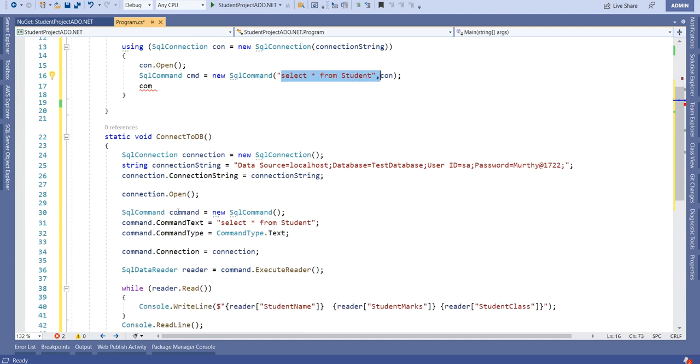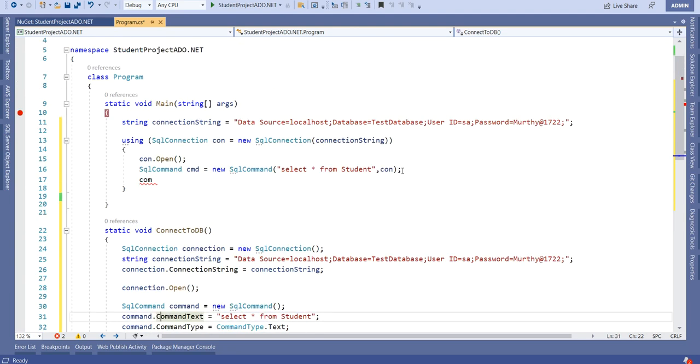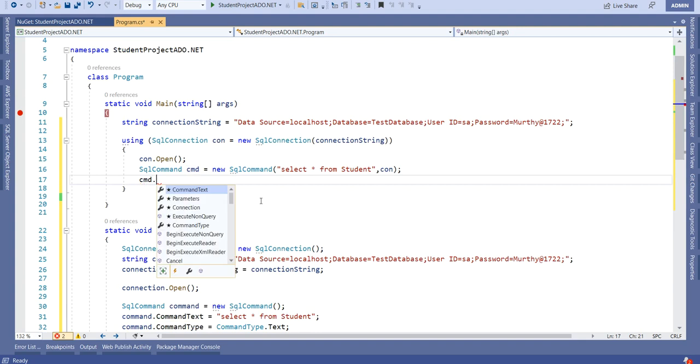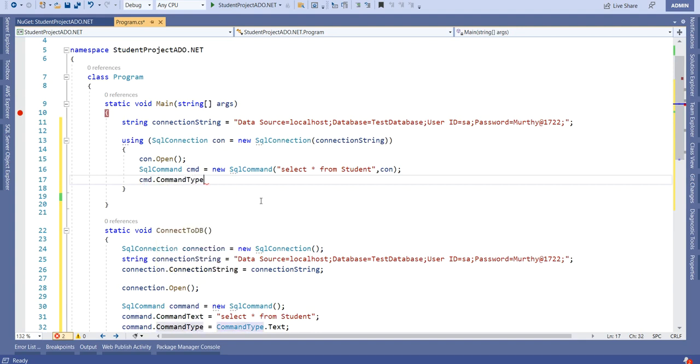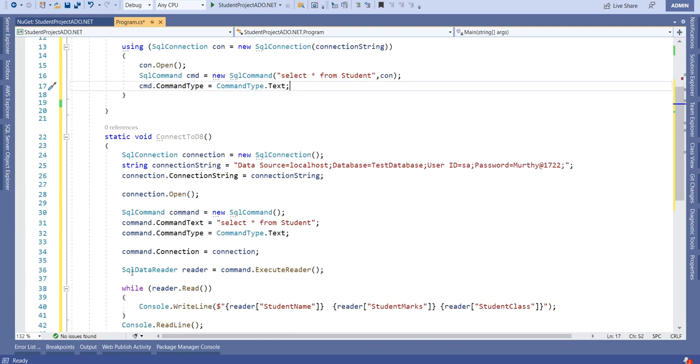See here, we have created the command object, we have assigned the command type, and we have assigned the connection. So we can combine these two steps in one single step, and we can pass like this. Okay, and the command type we need to mention: cmd.CommandType equal to CommandType.Text. Okay, and the remaining is same.